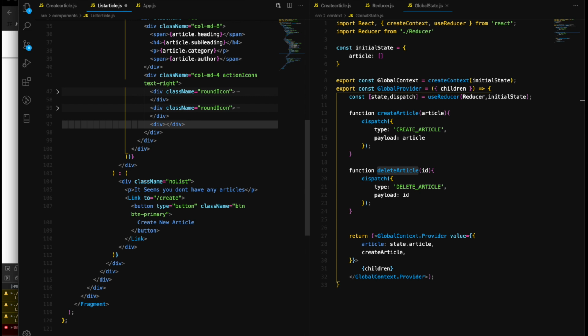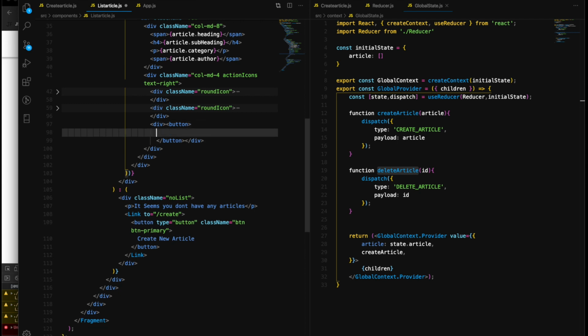We'll create a div and also a button to handle the click event, where we'll be dispatching our action for delete, and then add a class name of